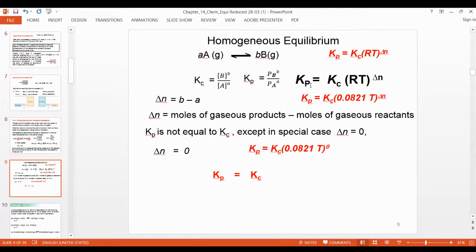And remember this formula, you never write Kc is equal to Kp, no. Always Kp is equal to Kc multiplied by RT to the power delta n. This whole value is equal to Kp. It is equal to Kc only in the case if delta n is 0. Otherwise, this is not equal. R value is 0.0821, T value is 273, and n value is any one of 1, 2, or 3, or maybe -1, -2, -3. So the only condition is if delta n is 0, then Kp is equal to Kc.